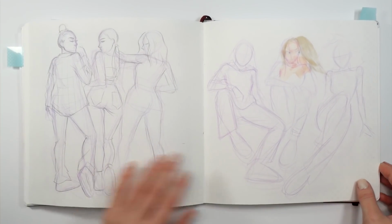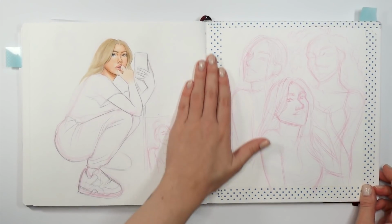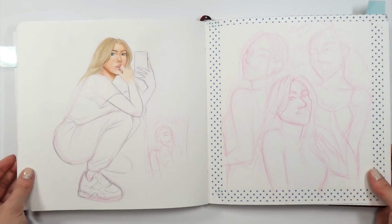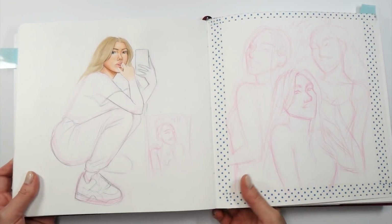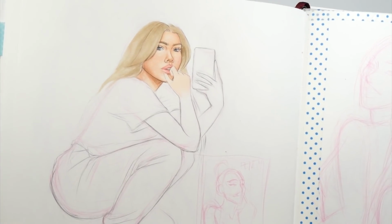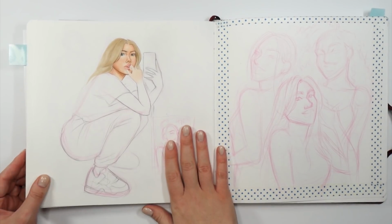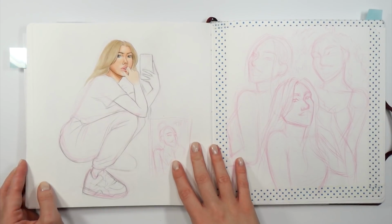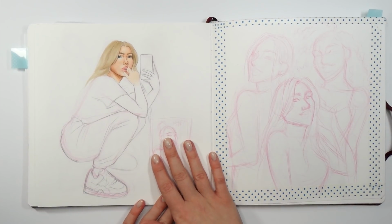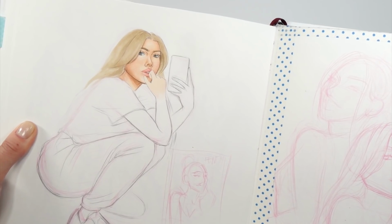Here, just some unfinished doodle sketches. And on this page I was actually planning on doing 2 illustrations, but as you can tell, it ended up not happening. This one, this pose, you're probably familiar with because I did such an illustration, a finished full illustration, quite recently, and this was the first one that I was supposed to finish, but I didn't really like how